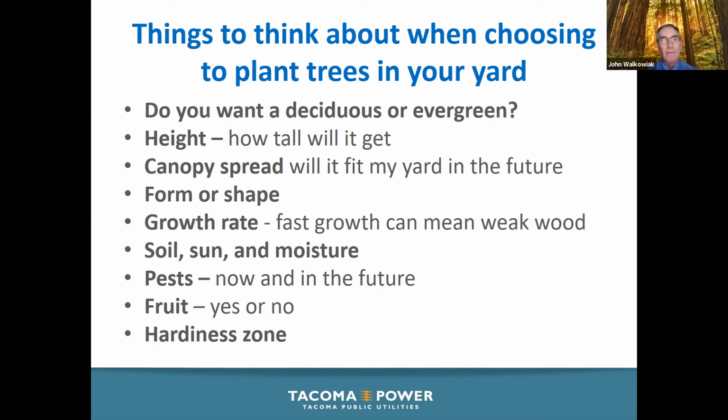Growth rate. Oftentimes when I've worked with people on planting trees, they'll come to me and say, which ones can grow fast? Well, unfortunately, sometimes fast-growing trees have weaker wood, which means they could be more susceptible to storm damage. The type of soil you have, the amount of sun, and the moisture in the soil all play very critical parts. Here where I live in Northeast Tacoma, the soil in my front yard is different than the soil in my backyard. It's really bizarre. And I think it was just the way the house was built and compacted. I have trees that do really well in my front yard and they will not do well in the back,